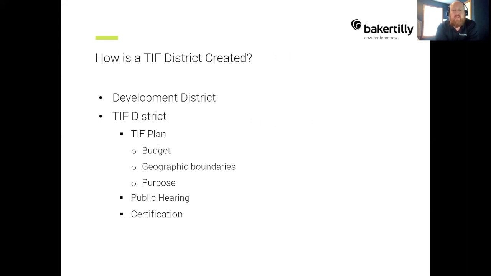As part of creating a TIF district, there's a statutory process that has to be gone through that includes drafting a TIF plan. The TIF plan is the who, what, where, and why of the TIF district. And we have to share that plan 30 days prior to the public hearing with the county and the school district so that they can provide any comment they want on it in advance of the public hearing. And then there has to be a public hearing that's been duly noticed, and a bit of a statutory process related to that. And then following that, you could certify a district, and then it would go on the tax rolls.